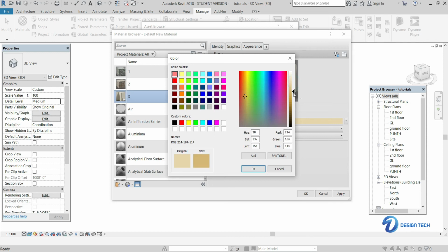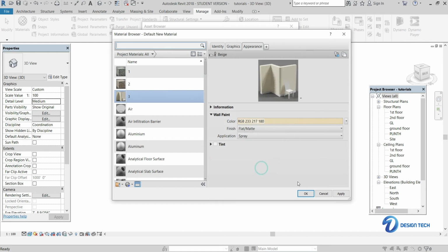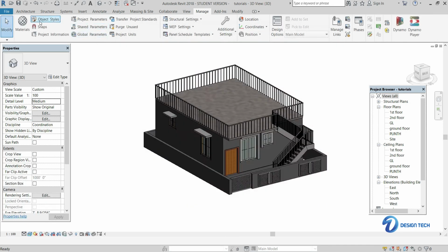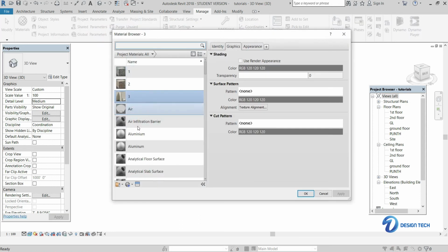You can make it dark or light, or you can adjust according to your need. So here also you have matte finish, semi gloss, gloss. So I need matte finish here, and it's okay. Here 3 materials have been selected, so I need 2 more materials. I will be selecting